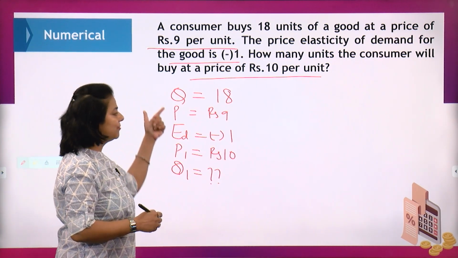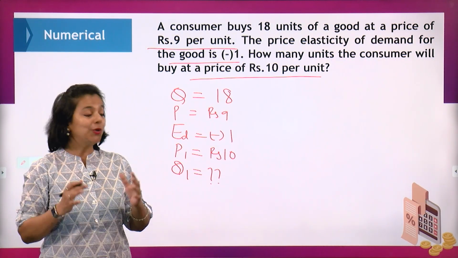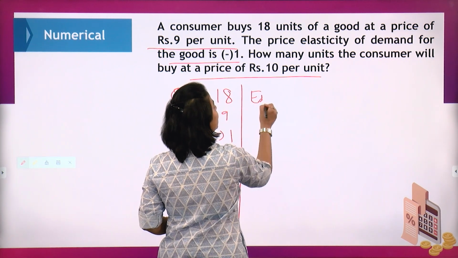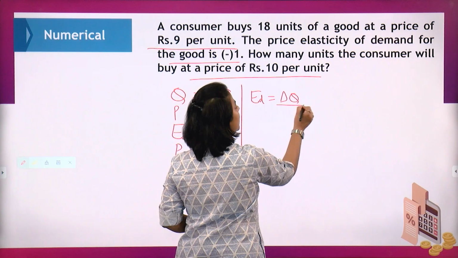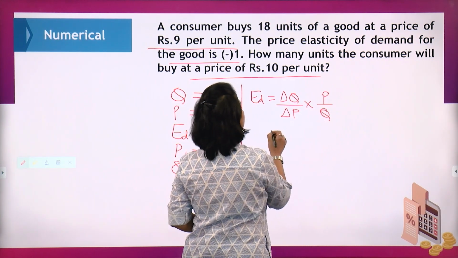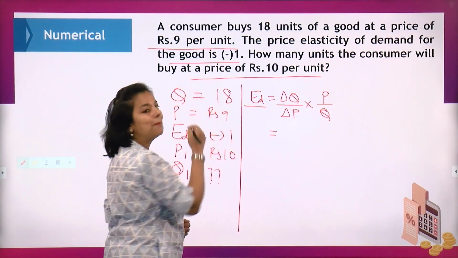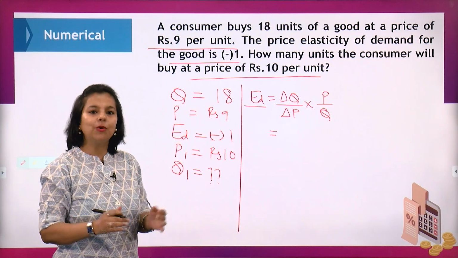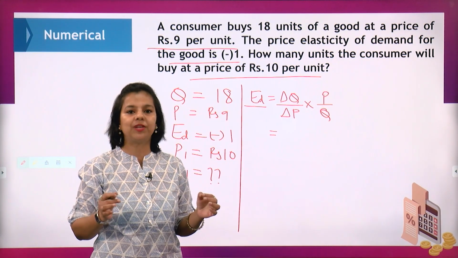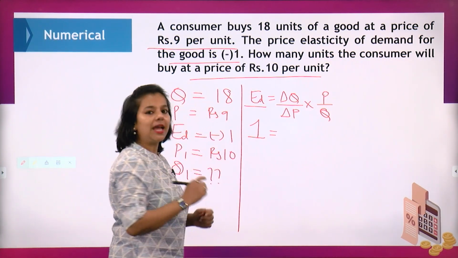अगर आप इस क्वेश्चन की इंफॉर्मेशन को देखें तो हमें कोई भी वैल्यू परसेंटेज की फॉर्म में नहीं गिवन है, तो हम कौन सा फॉर्मूला यूज करेंगे? We will use the formula price elasticity of demand is equal to change in Q divided by change in P times P upon Q. Now in this question, ED is given to us as -1. यहाँ हम माइनस के साइन को इग्नोर कर सकते हैं because it is basically due to the negative relationship between price and quantity demanded. तो इसकी वैल्यू में सब्स्टिट्यूट कर दूंगी as 1.